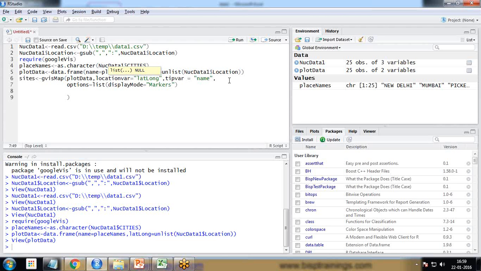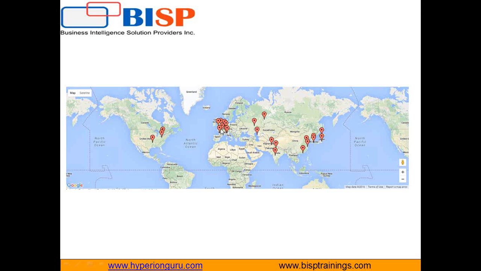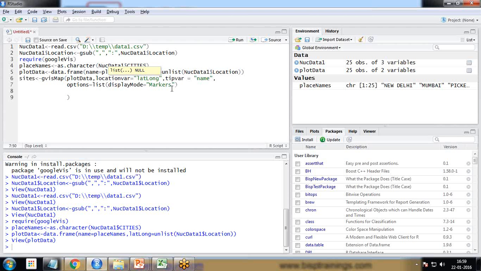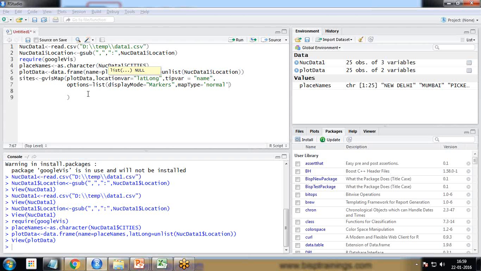So markers, as if I explain to you, in the form of this marker, it will display the markers here, and comma, so the map type is equal to normal. We have a normal type and we have a satellite type. You can see we have two options, normal and satellite type. So I want to display the normal type, and the